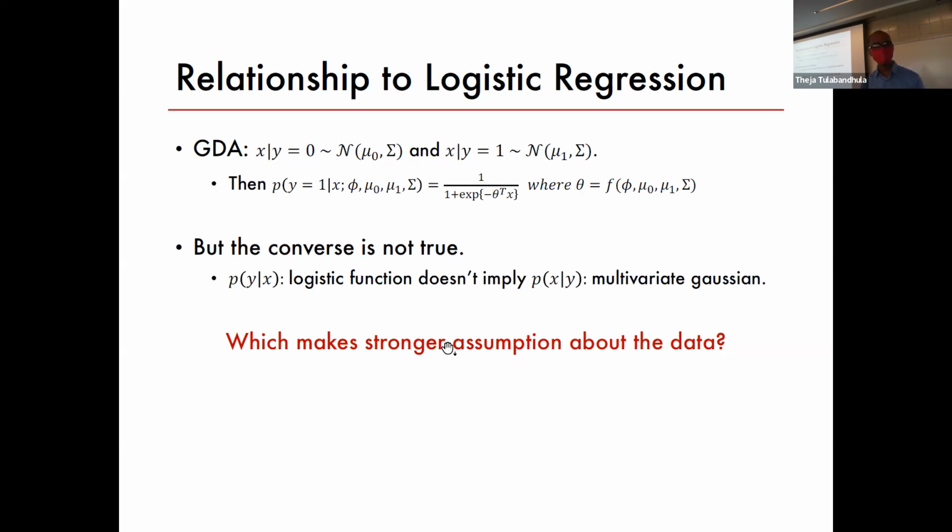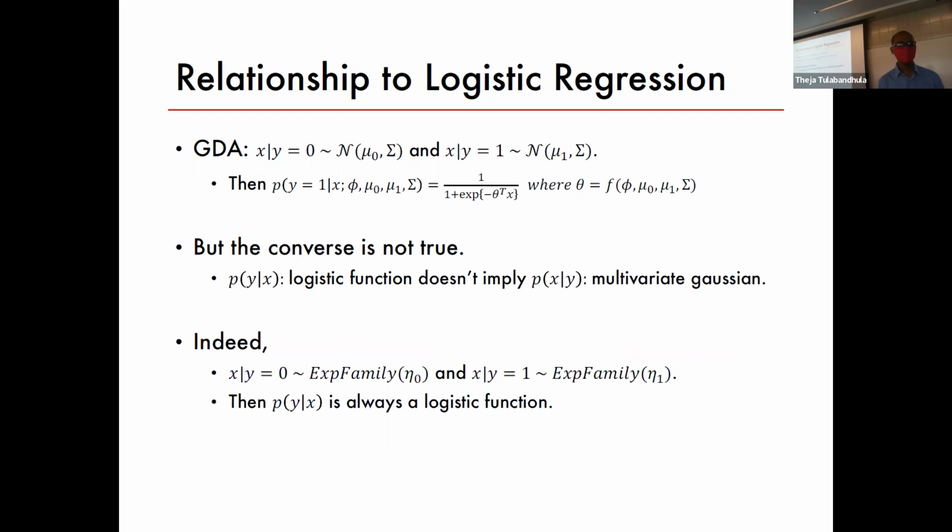So the question is, what makes a stronger assumption about the data? It's clear that GDA is making a lot more assumptions about the data because it's saying that the probabilities of features given each class are Gaussian, right? So it's making stronger assumptions